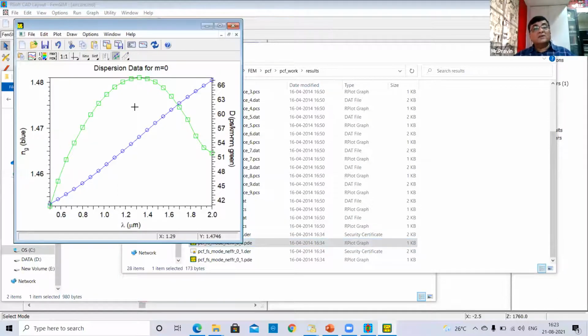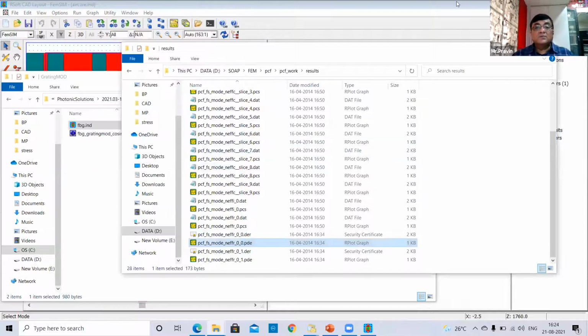You can also calculate the dispersion data for the waveguide using FEMSIM and the MOST. So here, the blue is the group velocity, group refractive effective index, and green is the dispersion value for this particular structure.